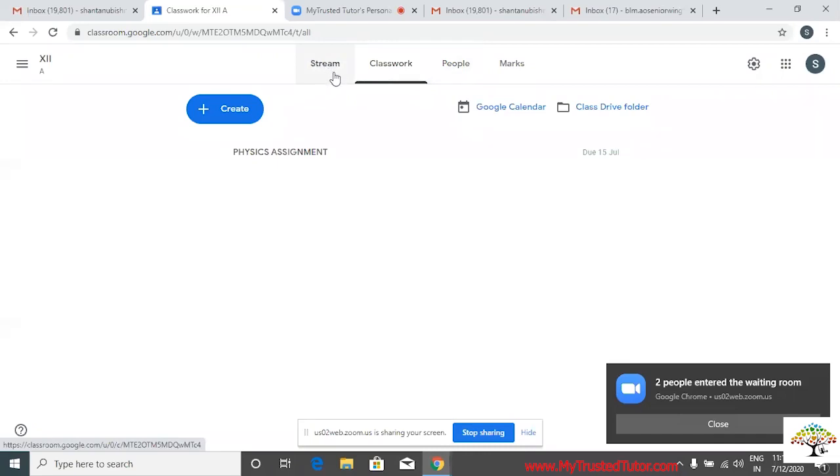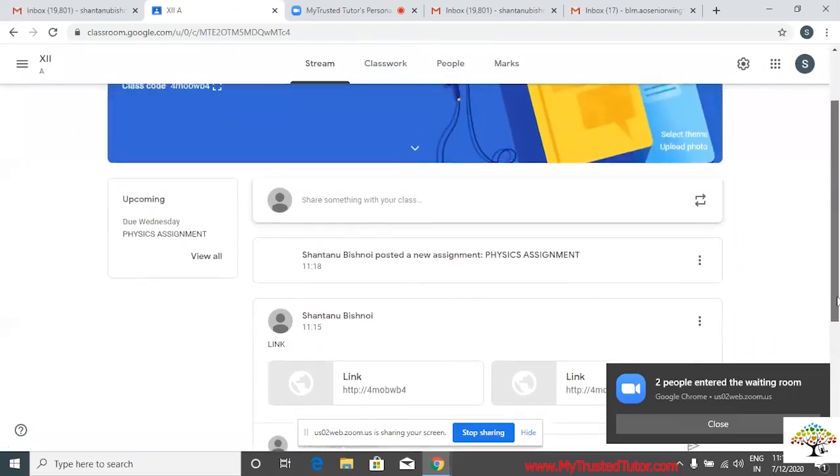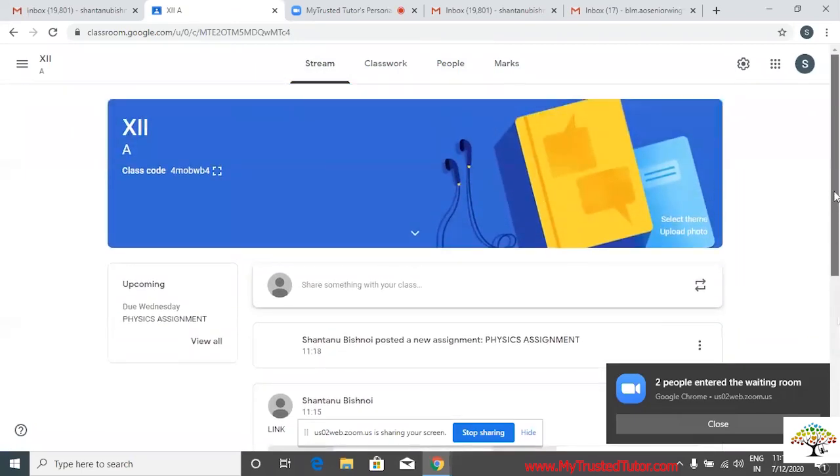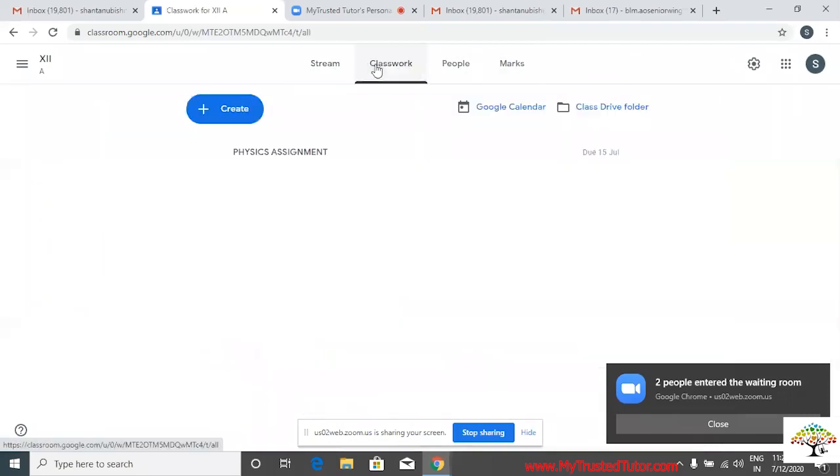Initially, we are creating our class. They can see it from the stream and also from the classwork. This is just the teacher part; I'll show you the student part also. Whatever you add at the stream will be shown to the student, and similarly, anything you add on classwork will also be shown to the student.